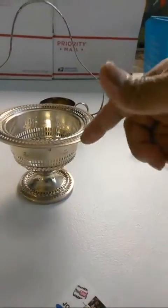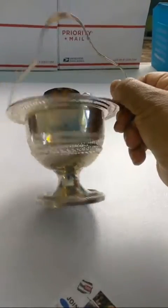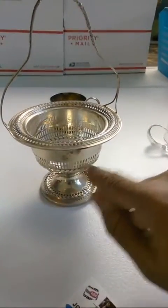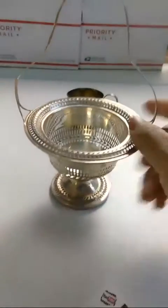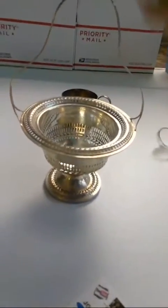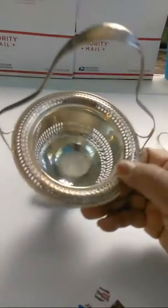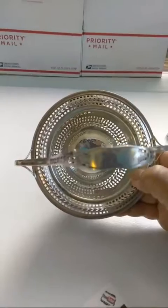It has all this piercing work on it. It has some beautiful little designs on the sides that you can see, like right there, the little floral design looks like a tulip almost. This beautiful bent handle. It's not just a regular plain curve. It's beautifully bent. The cartouche at the top of it has never been engraved, which is a bonus whenever